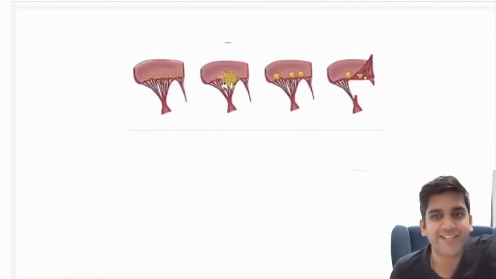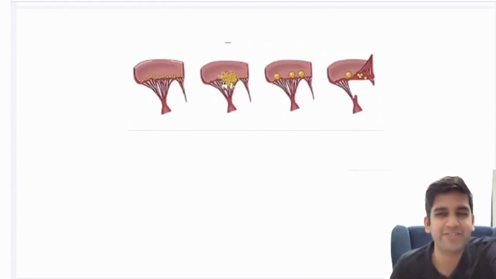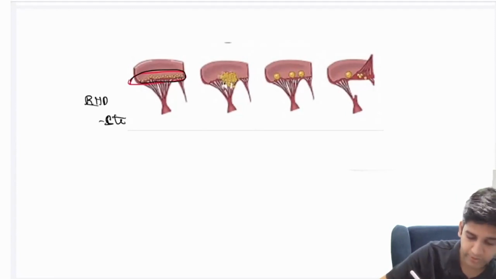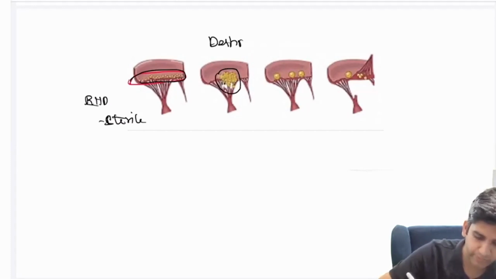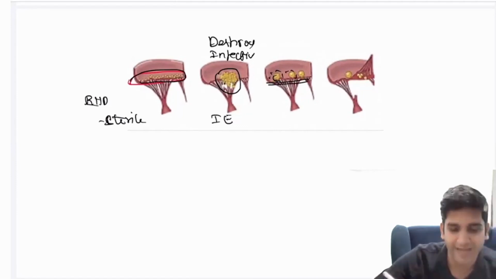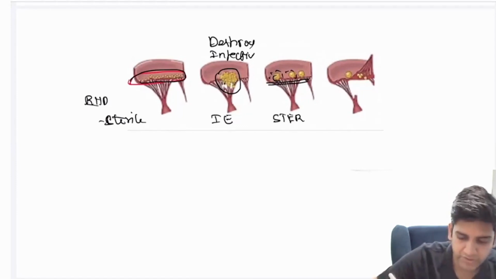The 4 vegetations. I'm sure you must have definitely seen that, multiple times. Extremely along the lines of closure, right? It's rheumatic heart disease. One thing which I don't want you to forget here is it's a sterile vegetation. It's not infective. Little bit destroying, but if it destroys the valve, if it's infective, there's only one vegetation which can also have emboli, infective endocarditis. Little bit bigger size, along the lines of closure, again sterile. We call it an NBTE,